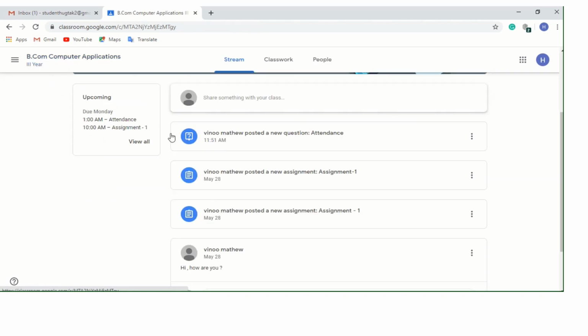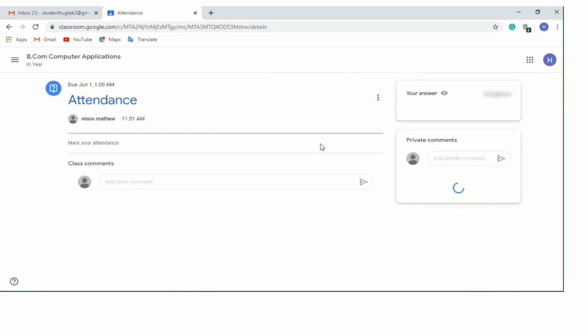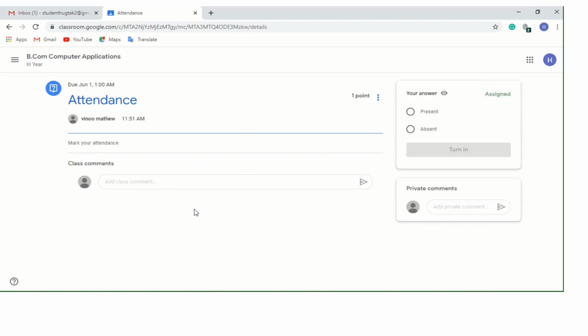And the next one is attendance. As a teacher, I had asked for the attendance of all students, and there are 2 options for that. If I have seen this before 1 a.m., June 1st, I can click on present. It means I have accessed the classroom and I have seen the assignment or the study materials and all. So I mark like this: present, turn in,